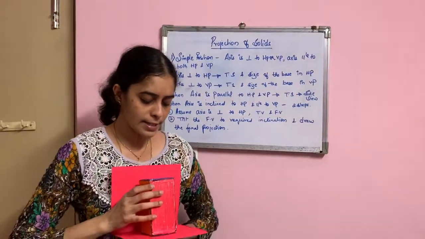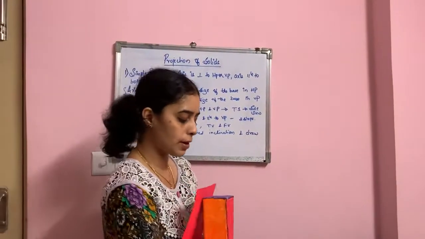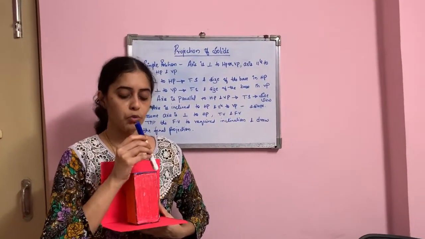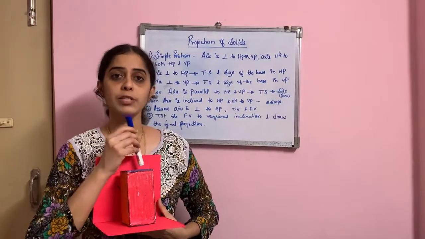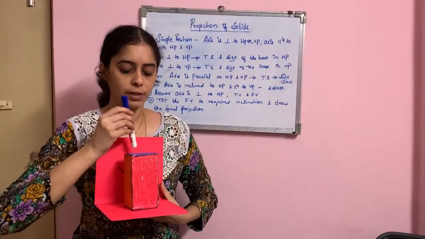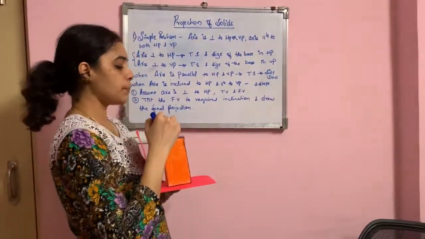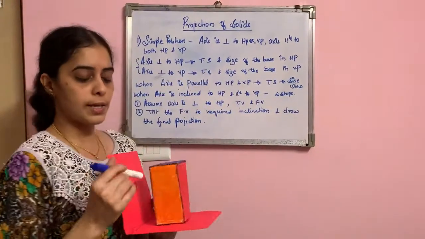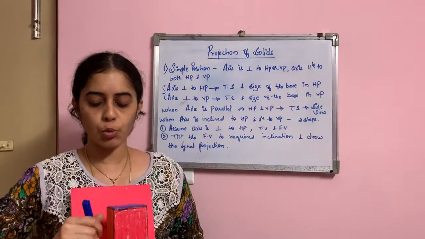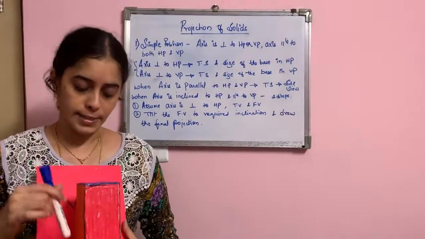Why? When it is lying on HP, we will view from the top. When you view from the top, we can see the entire square surface. The true shape of the entire square surface could be seen. So when you view from the top, you can see the true shape of the square, and hence it is told the true shape and the size of the base will be seen in HP, our horizontal plane. So when you view from the top, you will just project a square in our horizontal plane. That is the true shape of the base.